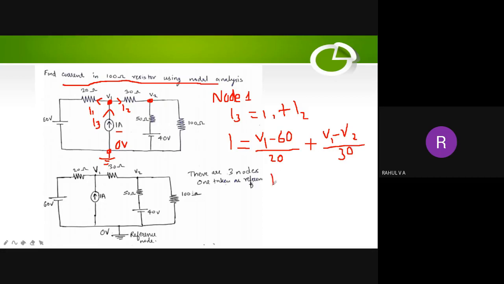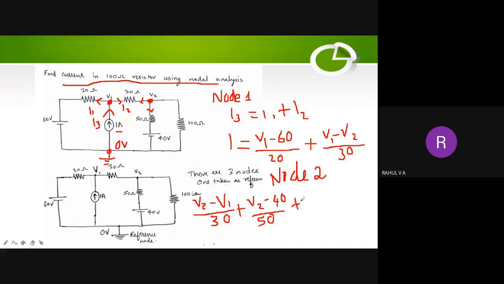Then you analyze node 2. Node 2 is much easier because there is no current source. So this is node 2. Voltage is V2. So how to write equation? V2 minus V1 divided by 30. So that is the current which is flowing through the 30 ohm resistor, and the current which is flowing to the 50 ohm resistor is given by V2 minus, sorry, here we have to write 40, okay? V2 minus 40 divided by 50